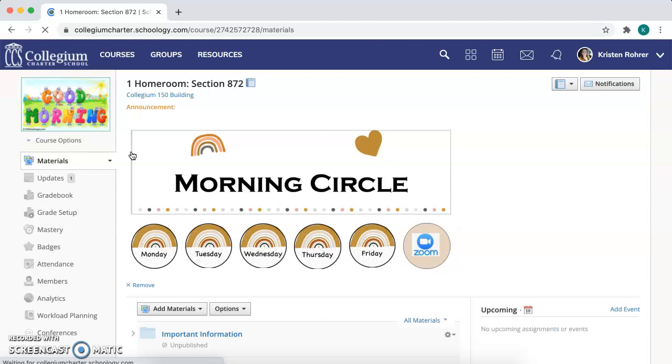When you click on it, you will see a banner at the top that says the name of the class. You will also see 5 buttons with the days of the week. Each of these buttons will bring you to the work that is needed to be done for that day. So if I click on Tuesday,